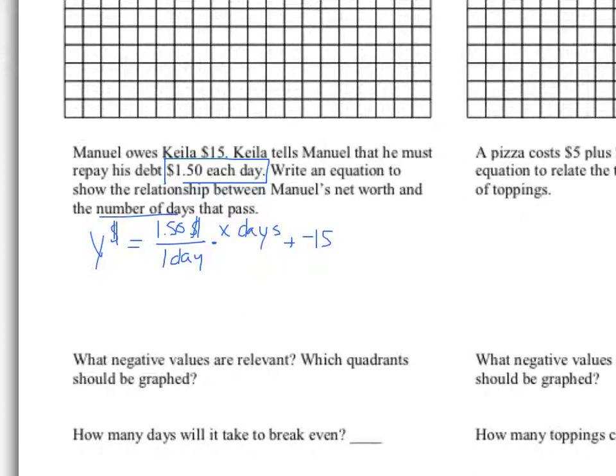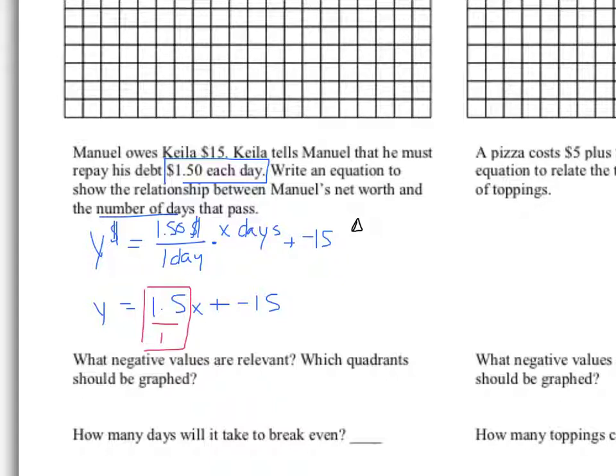So as we write our equation, we get y is equal to 1.5x plus negative 15. Now, as we get ready to start thinking about a T-chart and graphing this, when we're dealing with graphing things, it's usually a lot easier to graph when we have a whole number slope. So we can do exactly what we did in the do now, and we can take this slope, 1.5 over 1,